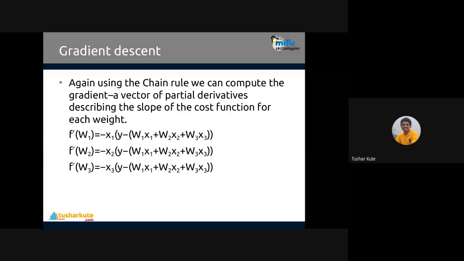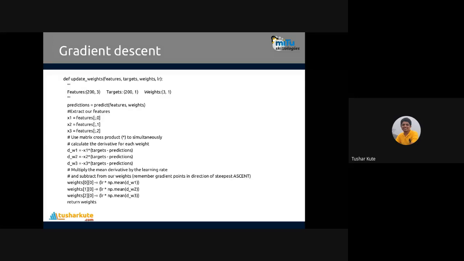So f dash of w1 is equal to minus x1 into y minus predicted y. Same, second case, f dash of w2 is minus x2 into y minus predicted y. f dash of w3 is again minus x3 into y minus predicted y, like that. In this method the things are calculated, and the complete code I mentioned here.